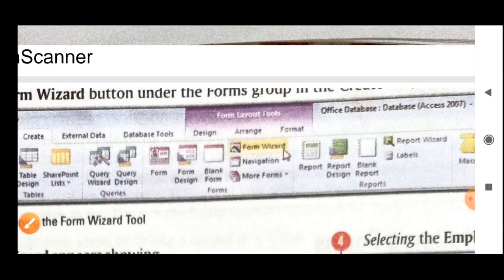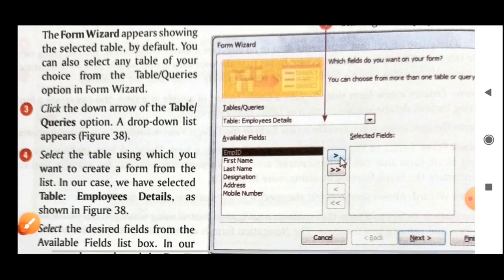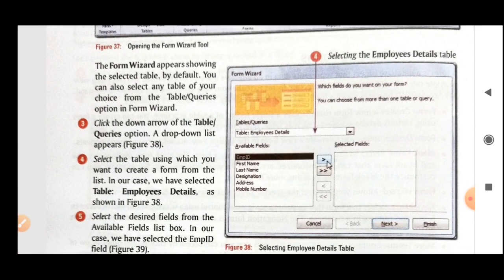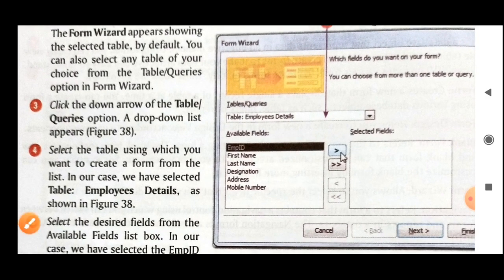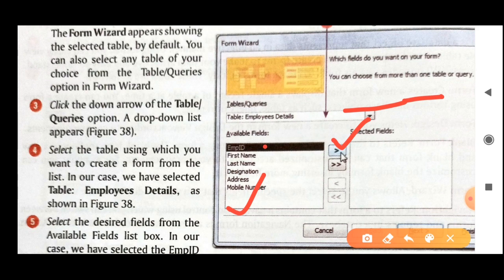When you click on the form wizard, a dialog box will appear, like this one. Similarly, as you did when you were preparing the query with the help of the wizard, in this column you will have each and every field of the table or query that you select. If you want to add an individual item, just select it and click on this button, that is the move-this-side button.